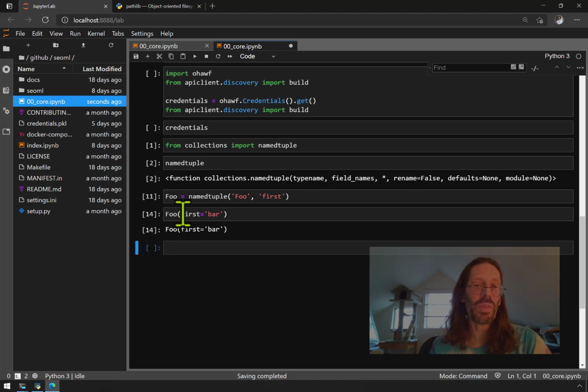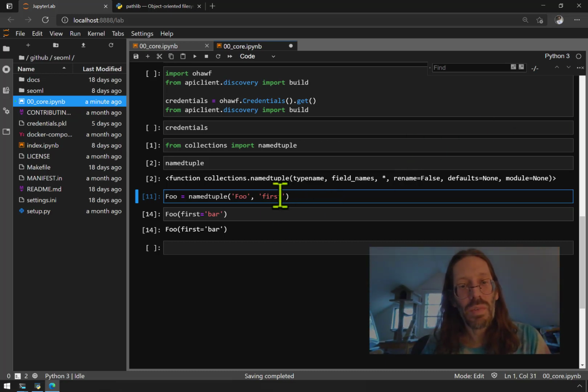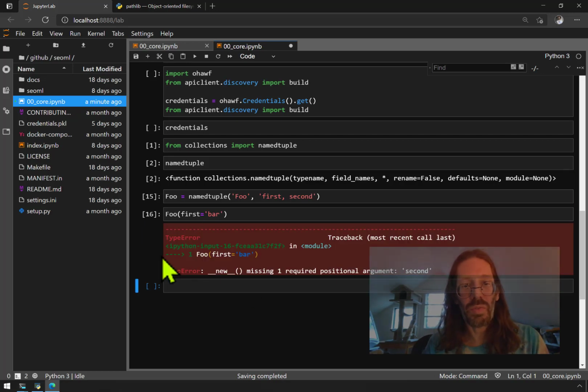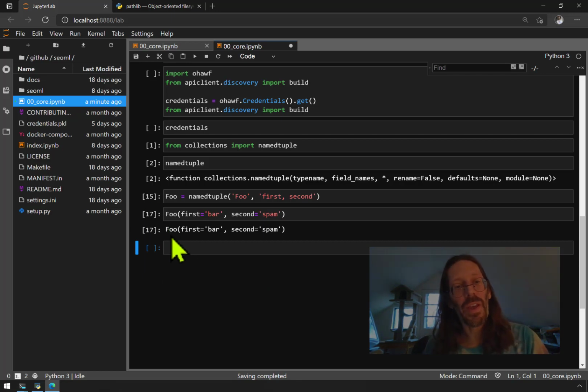Well, what do you mean out of orderness? There's only the first parameter. Well, let's say we were also to give it a second parameter. Now, if we do that, missing argument second, first equals bar, second equals, well, we already used bar of foo bar, so I guess we got to move on to spam. Okay, so there you have